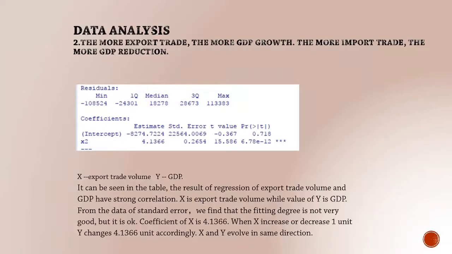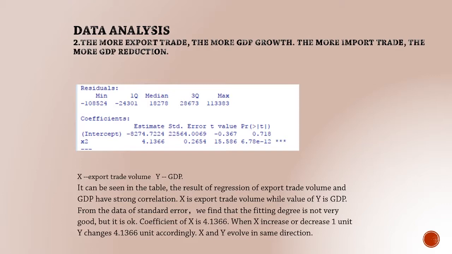Next is the second hypothesis, and it can be seen in the table. The result of regression of export trade volume and GDP have strong correlation. X is export trade volume, while Y is GDP. From the data of standard error, we find